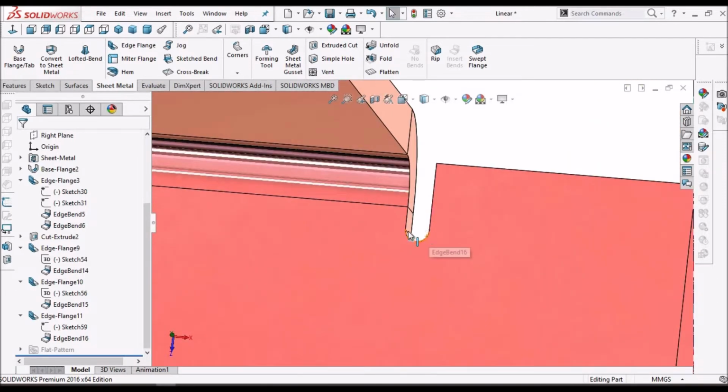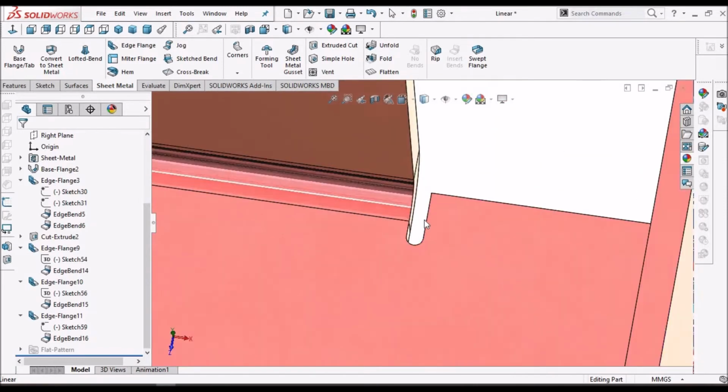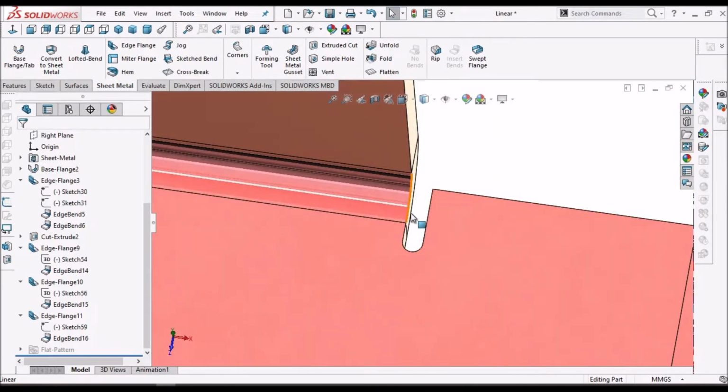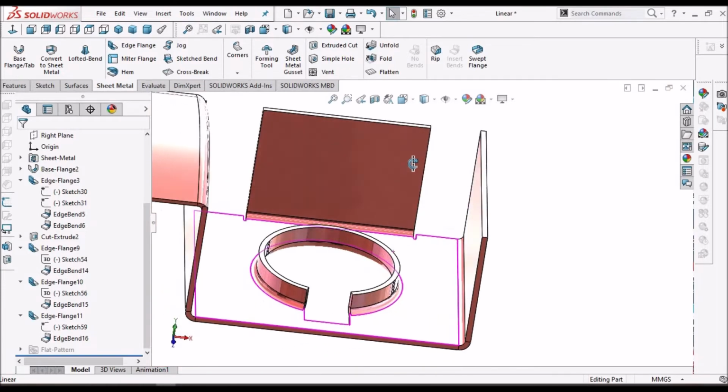So these dimensions are defined during the DFM process, that is design for manufacturing. So this distance and this radius, everything is defined during the manufacturing process.